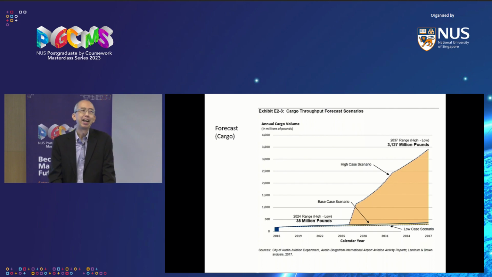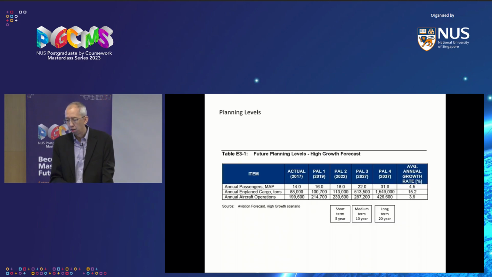So you see this high case scenario. So what is this high case scenario that they're thinking of? Back when they were doing this, one of the thoughts was Amazon might open a logistics operation at Austin Bergstrom Airport. So that was the high case scenario. Right now, they still haven't built any facility there, so the high case is not going to come true. So the forecast can really change depending on what the community does or what the businesses do in that particular community.